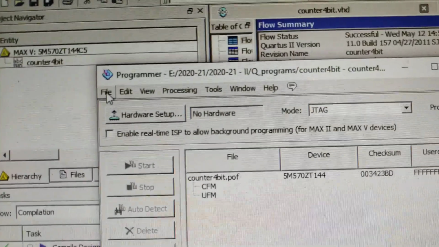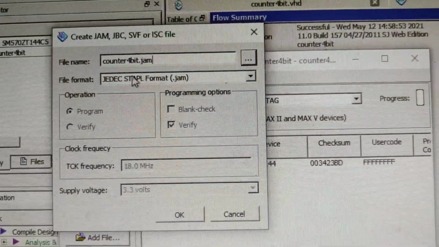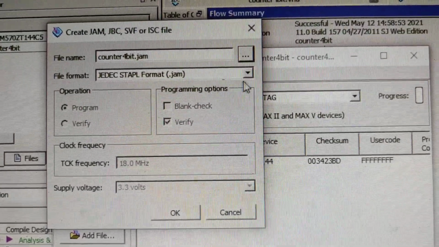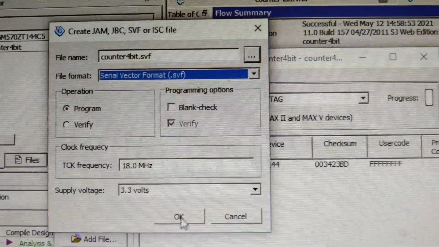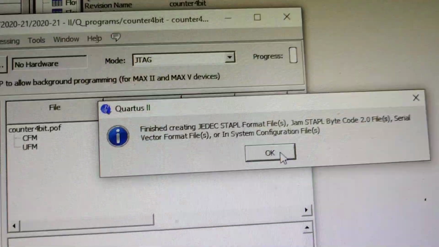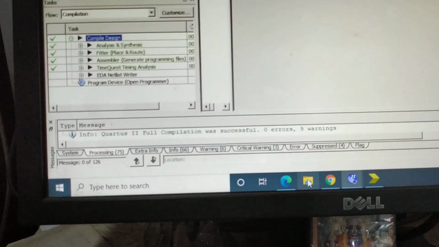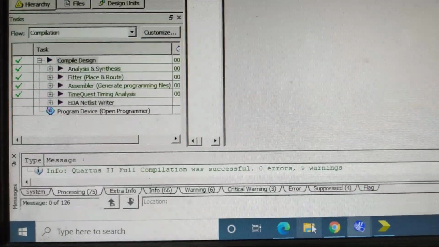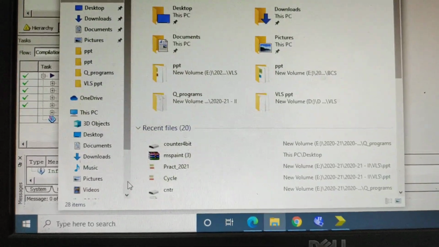So going for the file option, going for create SVF file, so that counter 4-bit .svf is to be considered. So this will be formed there, okay, that one. So that I am minimizing. Now next thing, so it will be opening that